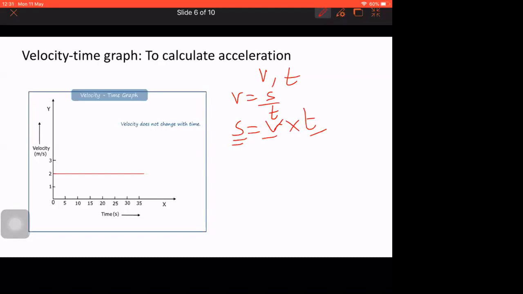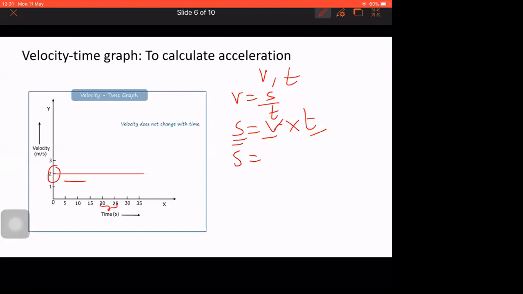So I am taking a time interval. At what time do you want to calculate the distance? I want the distance between 20 to 25 seconds. How can you do it? You don't know distance, you know the velocity. Tell me what is the velocity for this body? Velocity, I'm not asking acceleration. It's clear. Velocity is 2.